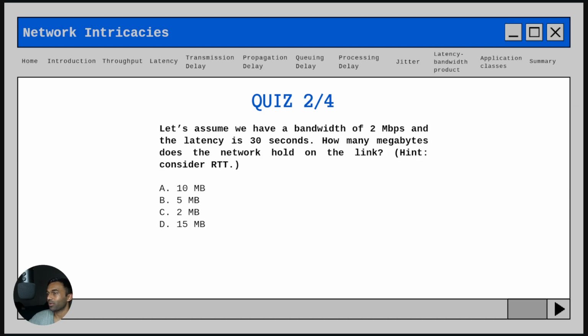Let's assume we have a bandwidth of 200 megabits per second and a latency of 30 seconds. How many megabits does the network hold on the link? How much does it hold on that link? So this is obviously our latency bandwidth product, and we just need to do our bandwidth times our latency, and we want to do round trip time. So we need to multiply this by 2. So that gives us 2 times 60, which equals 120